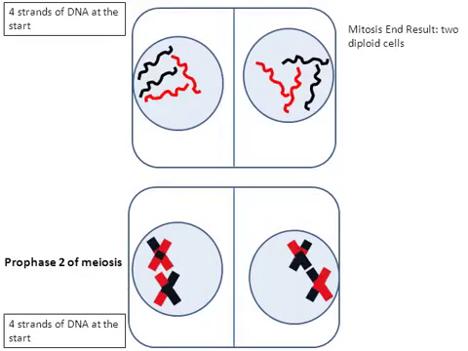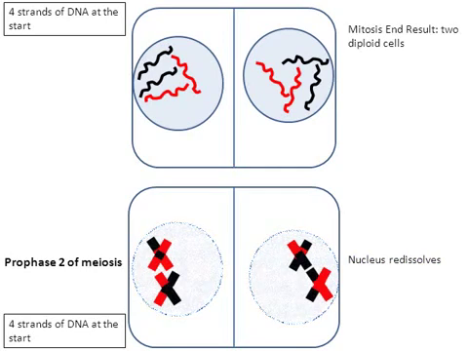Prophase number 2 of meiosis. There is no interphase number 2, it just moves right on into prophase number 2. And like it says, the nucleus is going to often redissolve, and so there it goes. And when we continue on